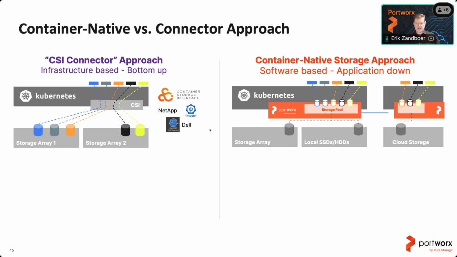So you can see that it's architecturally different. And yes, we're still using a CSI driver, because that's the way Kubernetes interacts with storage. The only difference is we don't use the CSI driver to go down to a storage array, but we use it to go down to our software-defined storage. And you can see that in this case, it's also been abstracted away. There's a couple of large LUNs or block devices that you add into Portworx. It will build that out into a storage pool, and then it can carve tens of thousands of PVCs out of the storage pool, while only using a few LUNs on the south side of Portworx.